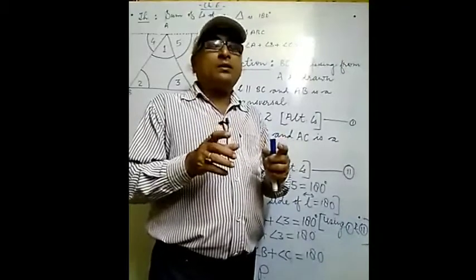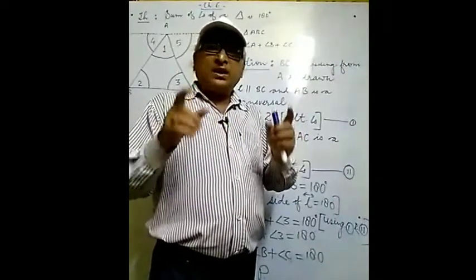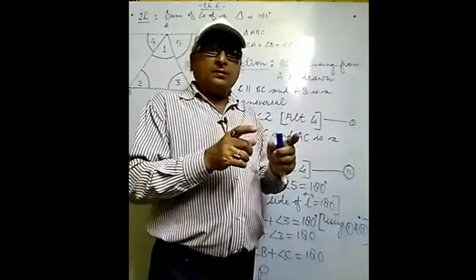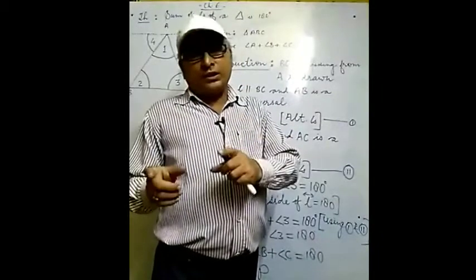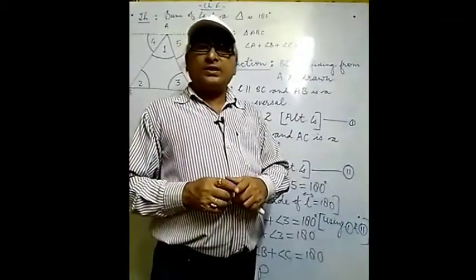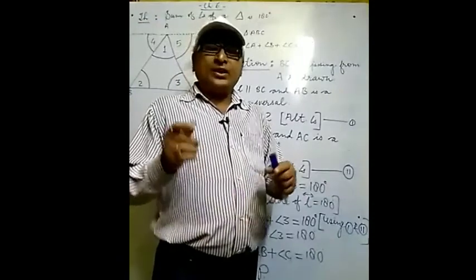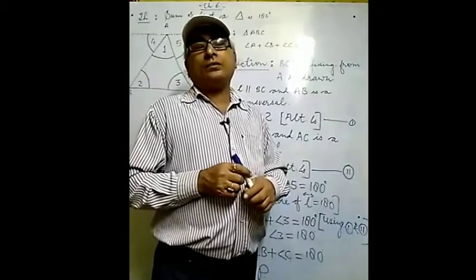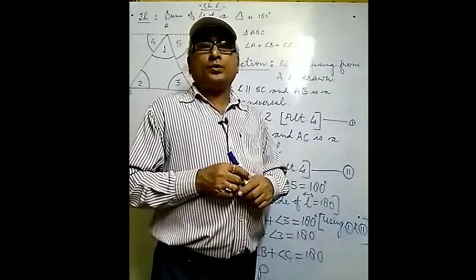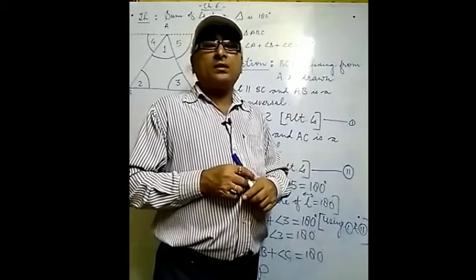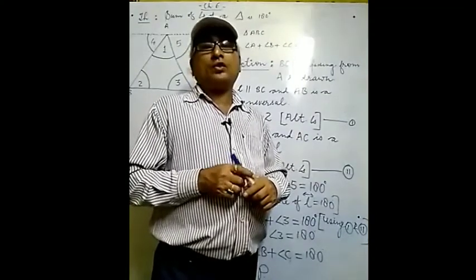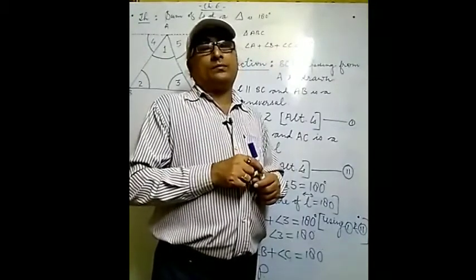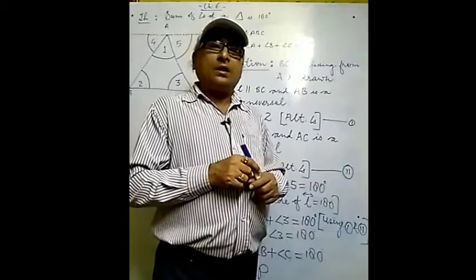And what is given here? A triangle named ABC is given, and we have to verify that angle A plus angle B plus angle C equals 180 degrees. For verification of this, we require an additional construction which is compulsory for you to draw. With the help of the additional construction, we will make our task easier in verifying the theorem. So let us start our task.